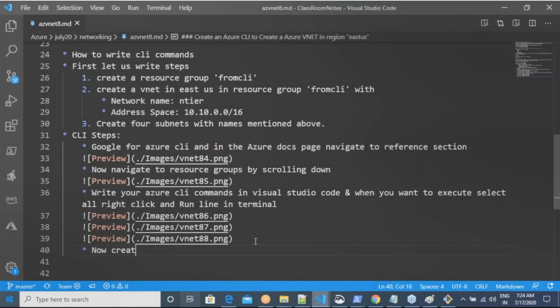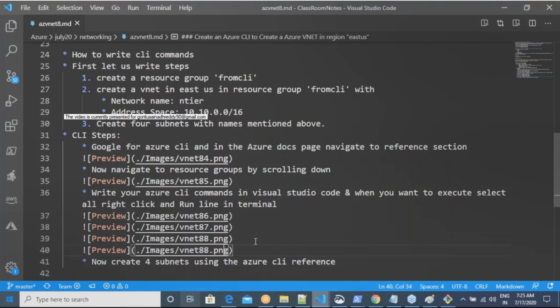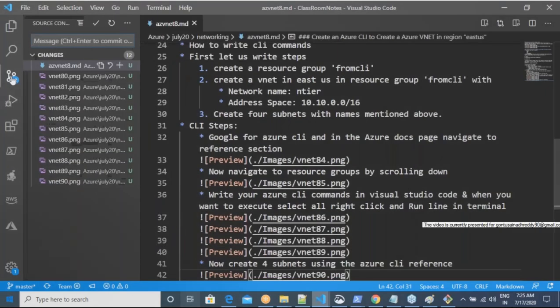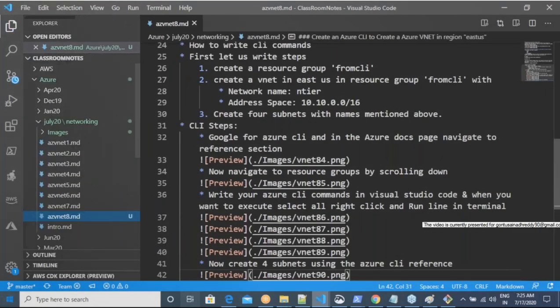Now create 4 subnets using the Azure CLI reference. Okay. Am I clear on that? Will you be able to do this? Or is it a difficult job? If you know the steps, whatever you are trying to do, it is dead simple.